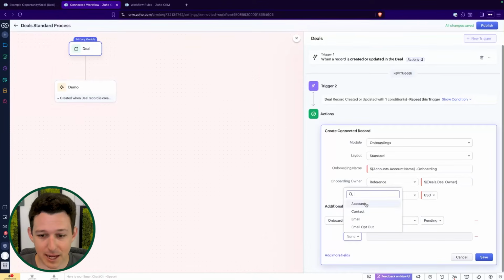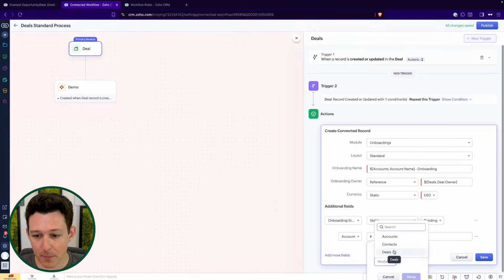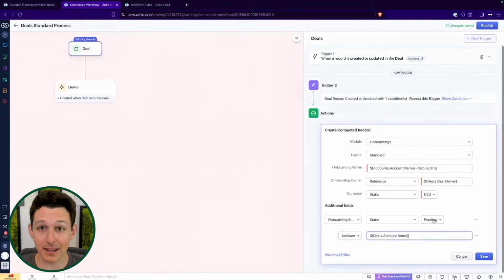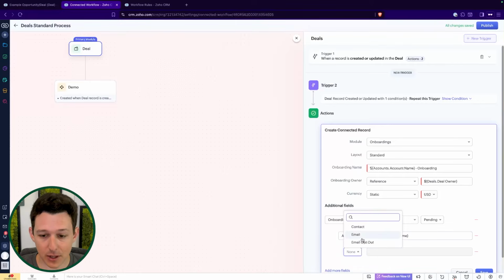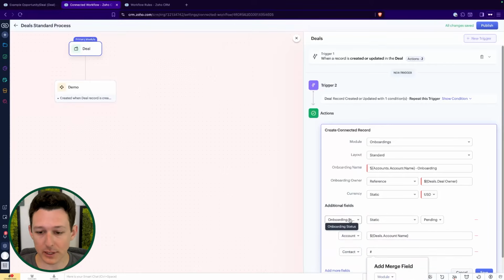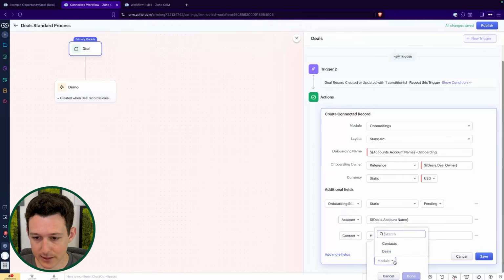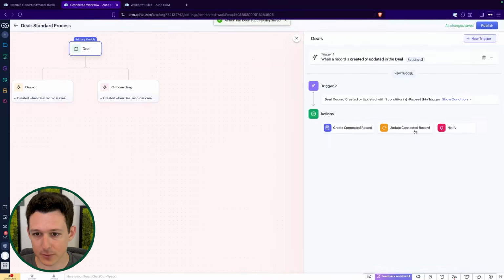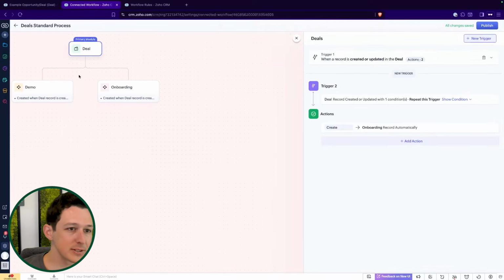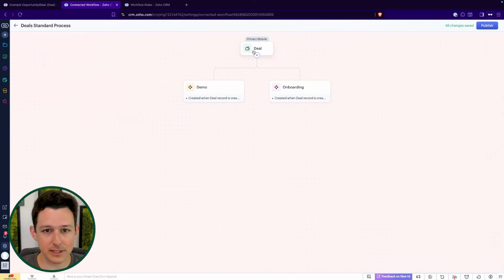Here, again, I'm just mapping some additional fields, pulling them in from values on the deal record or from static values. Like I'm just saying, hey, every time I launch one of these, set the onboarding status to pending. That's our default status. And then we'll move it forward as we need to as we're moving through that flow. I needed to scroll down just a little bit there. Oops, we go to our deal and we'll choose our contact. And we'll click save. So now what you'll start to see is that as I'm building out these different triggers,